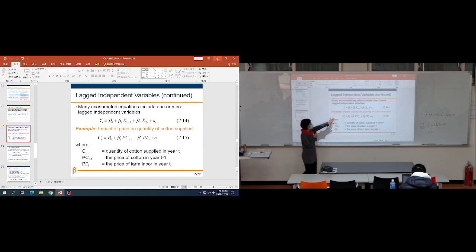Okay, let's see the examples. This CT is the quantity of cotton supplied in year T. Okay, and PC is the price of cotton in year T minus 1. So it's previous year's price of the cotton. Okay, and PF is the price of farm labor, means they have to hire some workers to do the